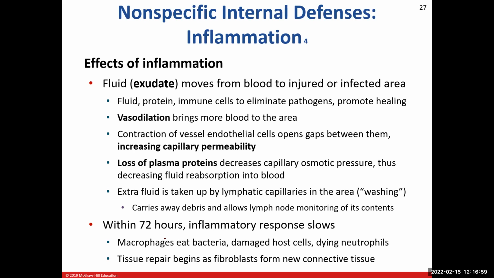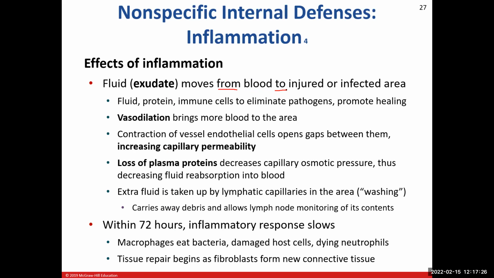But what do we call our fluid exudate? And we talked about how in our blood, we have fluid in there besides the blood-formed elements. Well, the plasma, the majority of it's made up by water. That's true, but we then have a bunch of our proteins in here. So this fluid, which we call exudate, we want it to go from the blood to the injured or infected area,